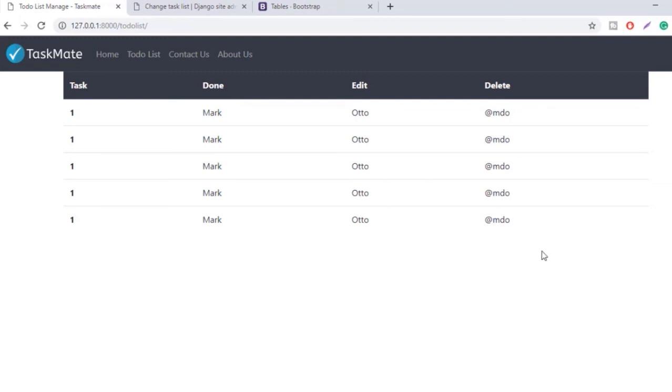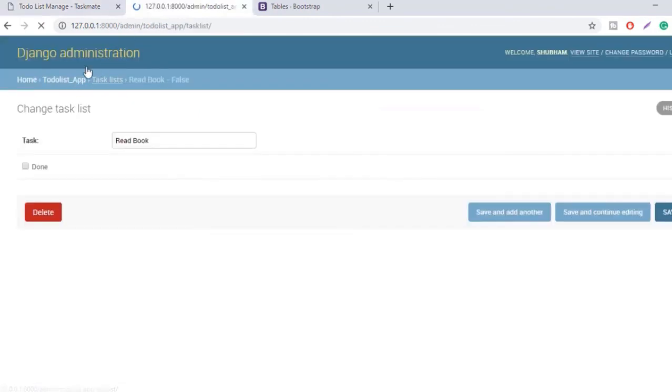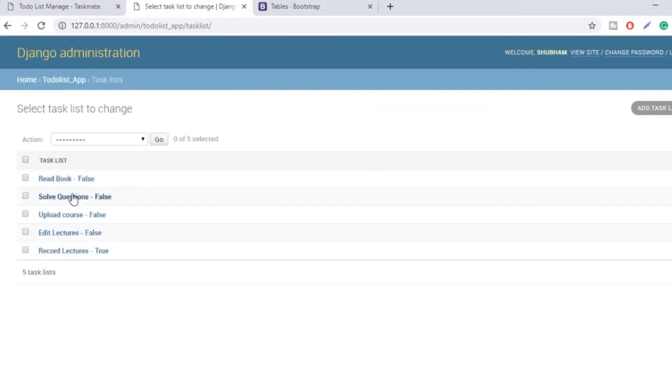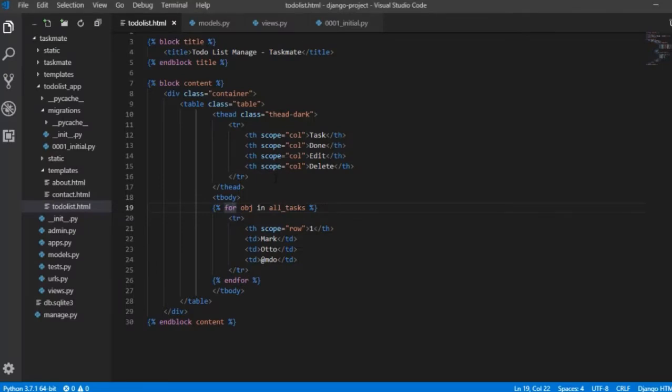But the most important thing, you might be seeing this result for the 5th time because we currently have 5 tasks in our task list and we are not printing any task, we are just going through this loop. So what actually happened is we started with the first loop, printed this content, we started with the second loop, printed a new row, started with the third loop, printed a new row, and it's following on.